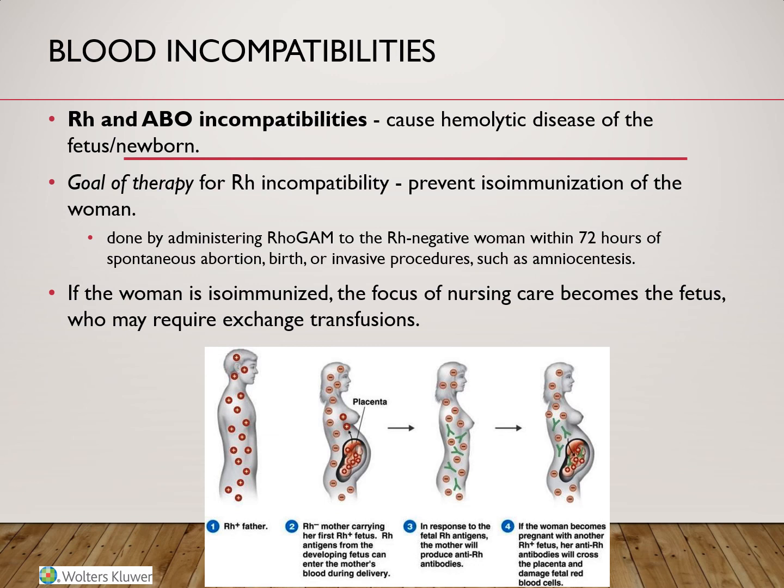The ABO incompatibility is another cause for the hemolytic disease of the newborn. It most frequently arises when the woman's blood type is O and the fetus's blood type is A, B, or AB. This is because type O blood naturally has antibodies that act against types A, B, and AB. And those antibodies are large and generally do not cross the placenta.